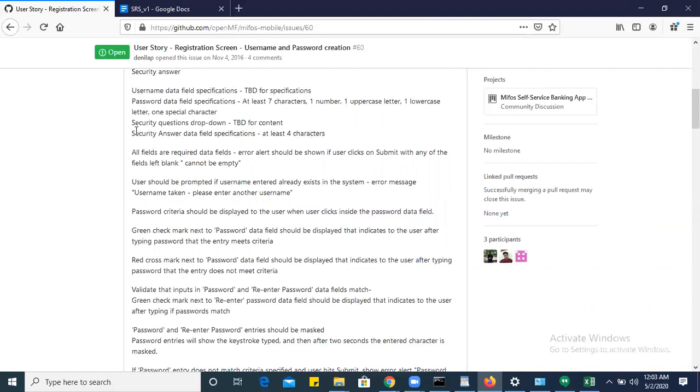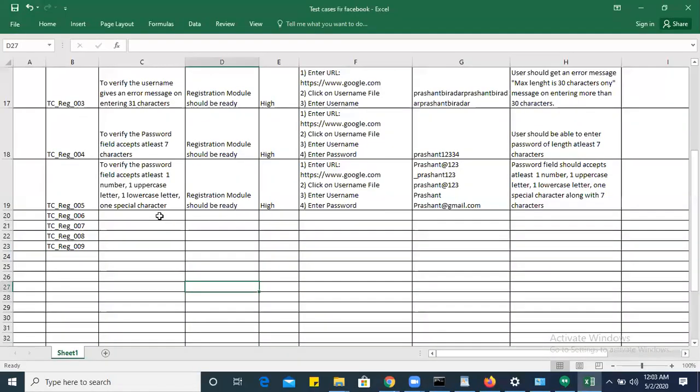Okay. Next one is the security answer data field specification. To verify the security answer data field accepts at least 4 characters, right?